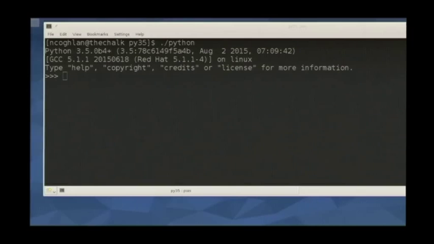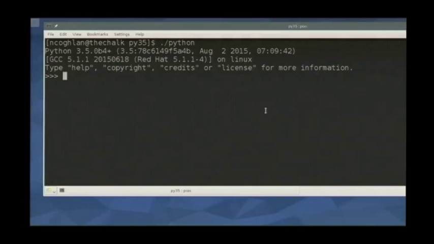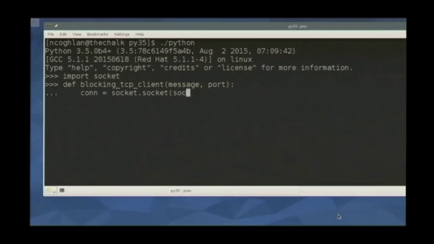Okay, so we had a lightning talk yesterday talking about the async I/O module. One of the interesting things coming in Python 3.5 later this year is the native coroutine syntax. So this is going to be a demo of both async I/O and native coroutines, but we're actually going to start with a blocking TCP client where we give it a network port and we tell it